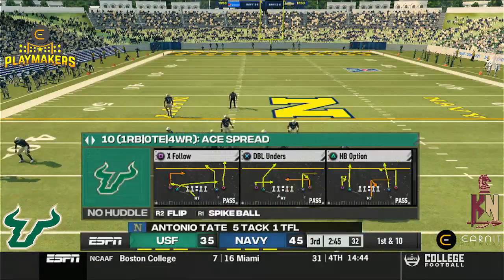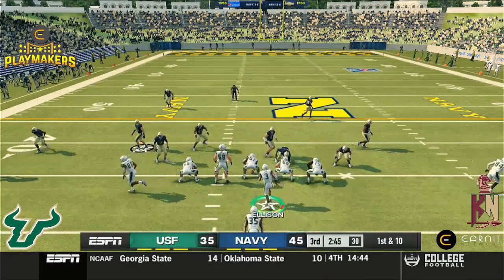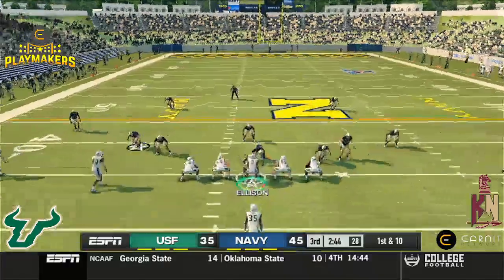Let's go, let's go. Here we got Mike, number 53. Mike, 53. We ain't give up nothing. Blue